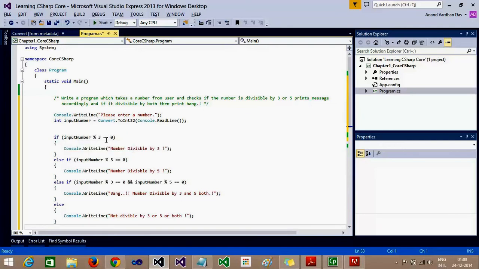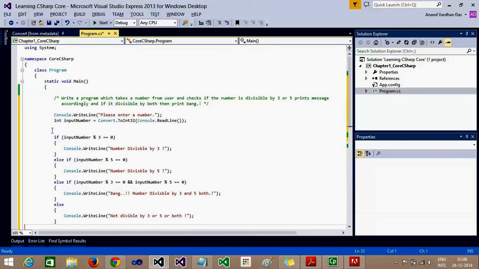So if this number is divisible by 3, then we are writing Console.WriteLine, okay, this number is divisible by 3. Else if, in another condition, if the input number is divisible by 5, then I'm writing divisible by 5. In the third, if the number is divisible by 3 and 5 both, then I'm writing bang. And in the else condition, not divisible by 3 or 5 or both.